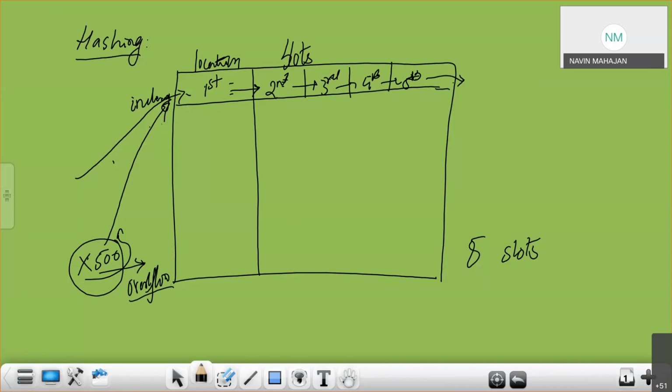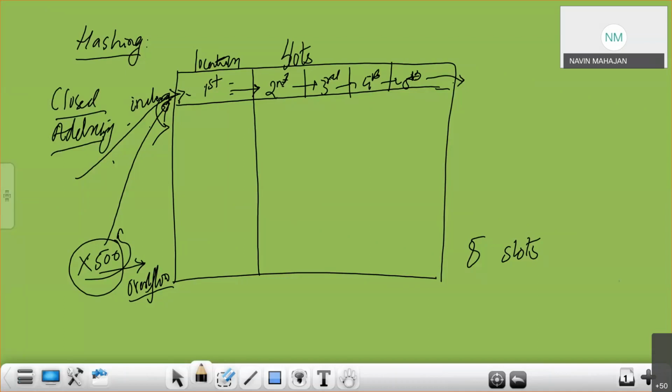I cannot go to the next location. Only in this particular address can I store. So collision and overflow happen at the same time.